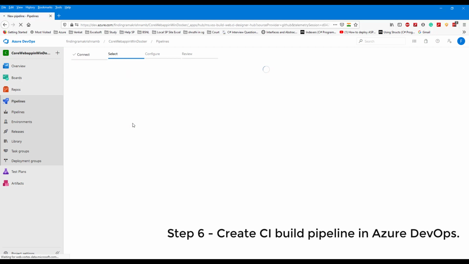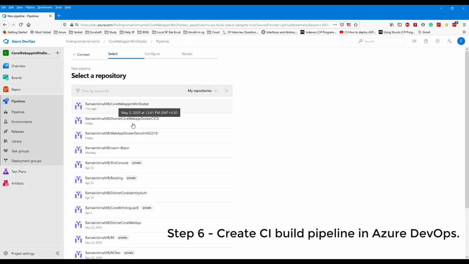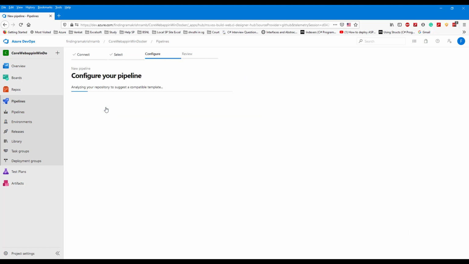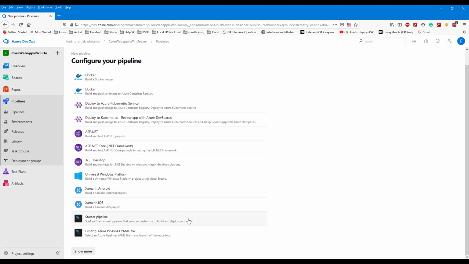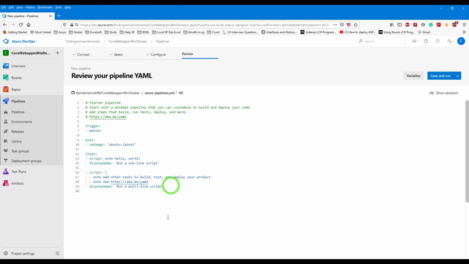Select GitHub. Select the repository. We start with a minimal pipeline and build our code. We don't want this hello world code, just remove it.